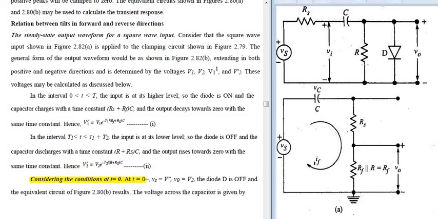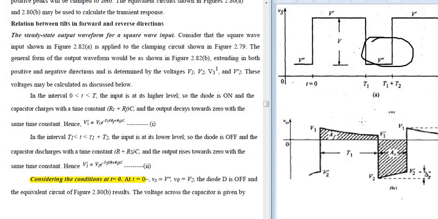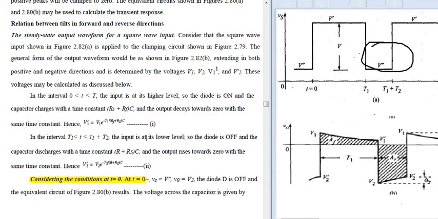And the output rises towards 0. Now, it was going down to 0 in the first condition, and now it is going towards 0 in the upper part here. In this particular part, I'll change the color. See, this part is going downwards. Now here, the output is rising towards 0. See here, the output is rising towards 0.